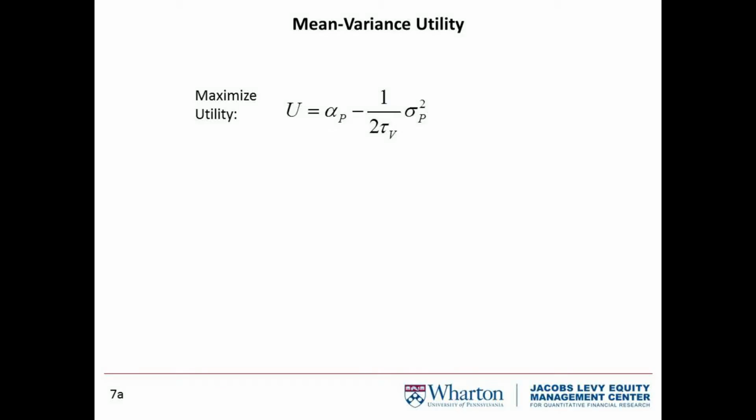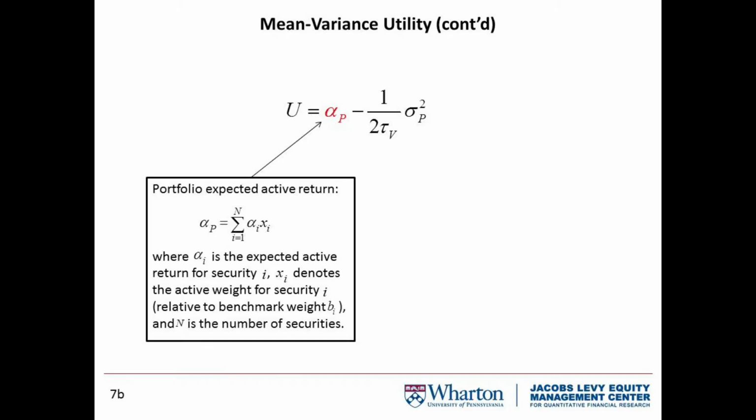Let's start with a review of the conventional mean variance model. The goal is to maximize utility, which is a fancy way of saying investor happiness or satisfaction. And investor utility consists of two terms. Investors like mean or higher expected return, and they dislike variance or volatility. And so the first term measures the preference of investors for higher returns, and the second term measures their aversion to volatility. The portfolio expected return, alpha subscript P,